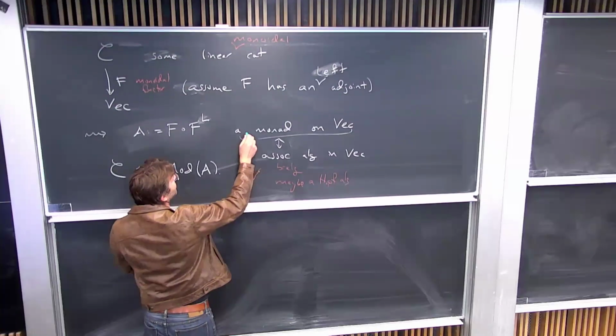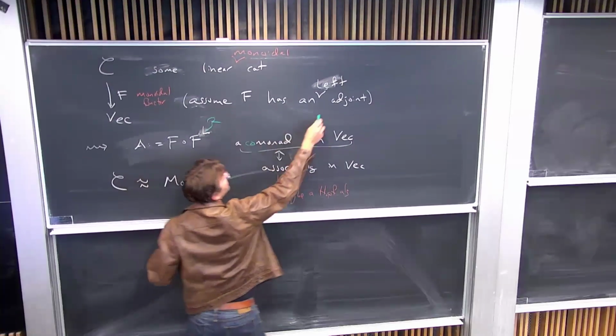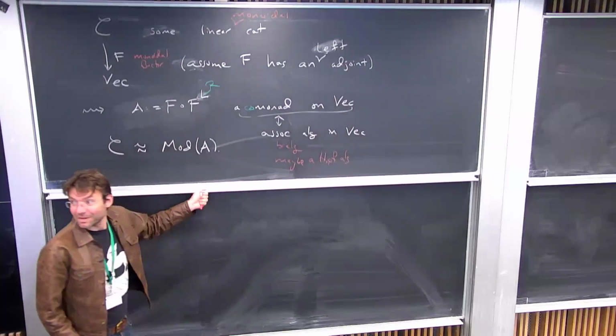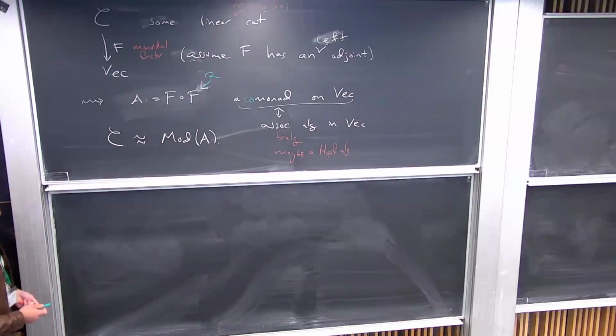Is there any difference between saying natural transformations between F and itself and assuming there's a left adjoint and defining that monad? Well, what you're talking about, Tudor, is more closely related to comonad. I mean, as I said, I don't know left and right at all. So maybe I was supposed to put a co here and an R here and a right adjoint there. But no, this algebra just ends up being the same as